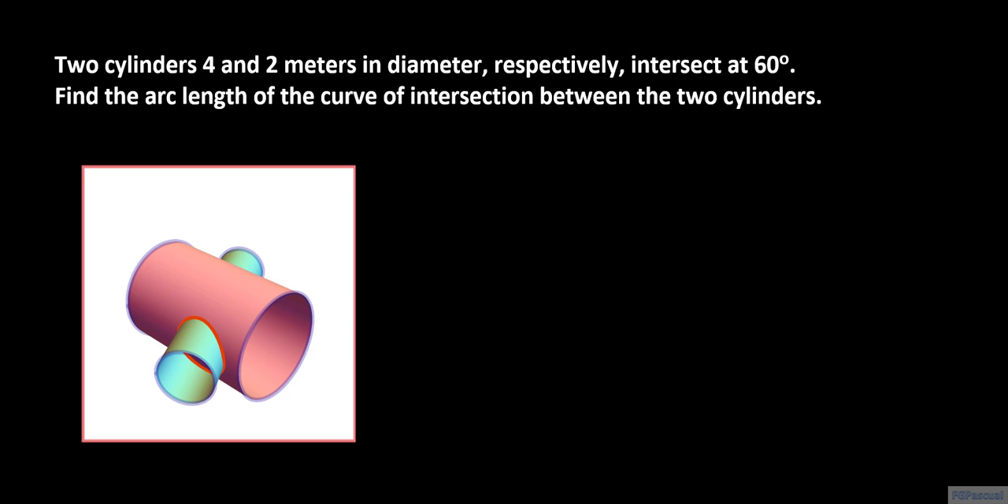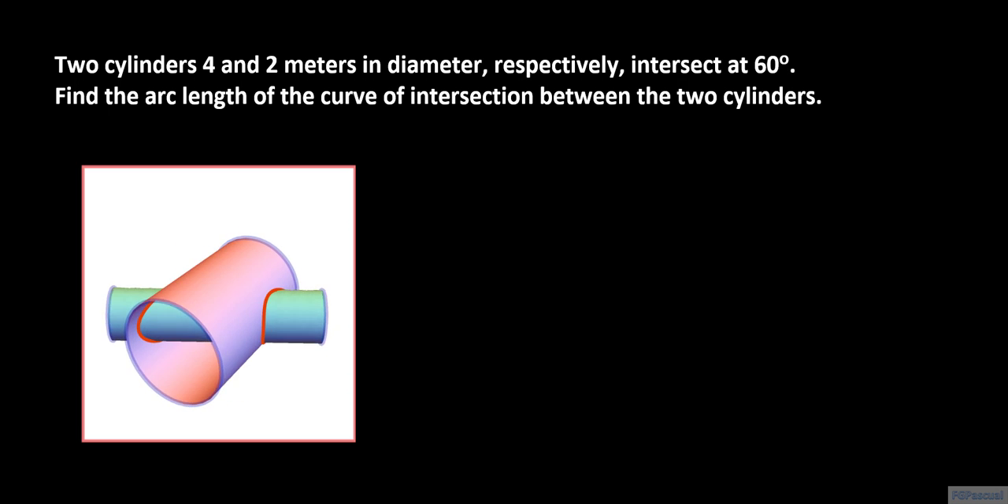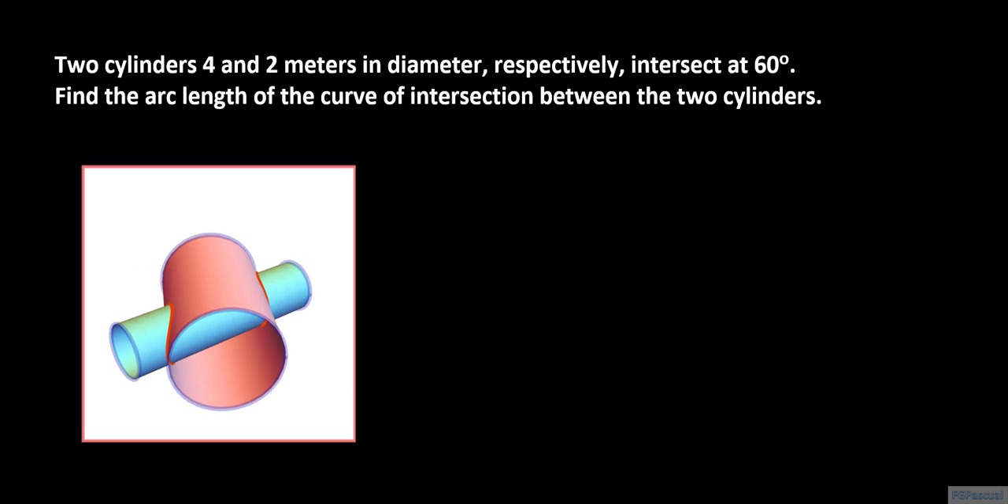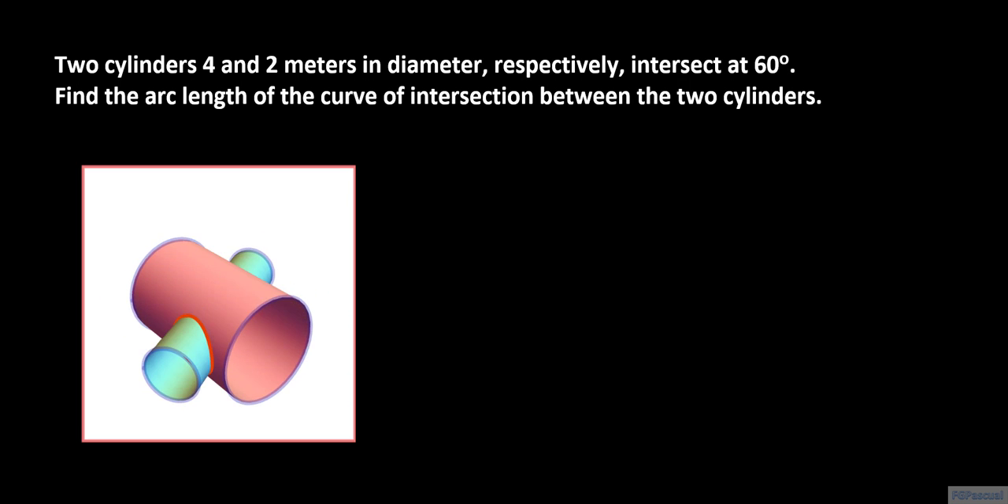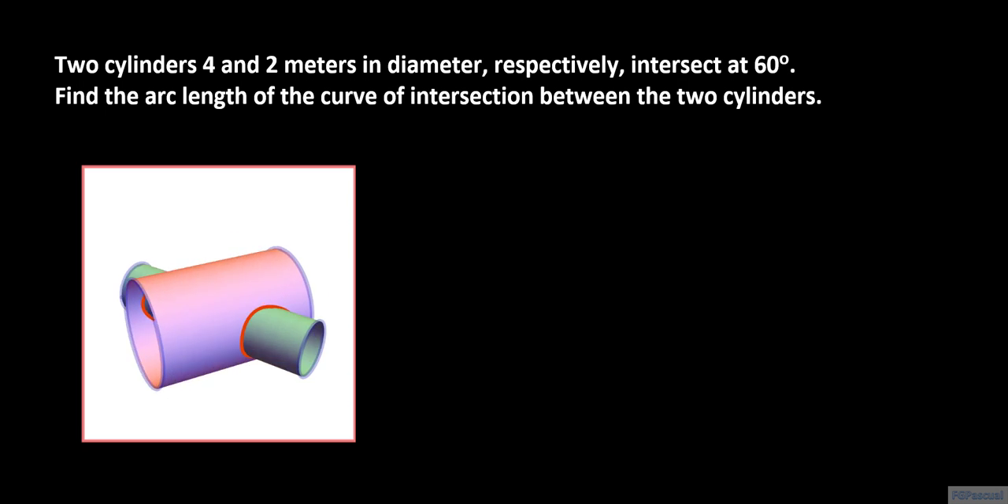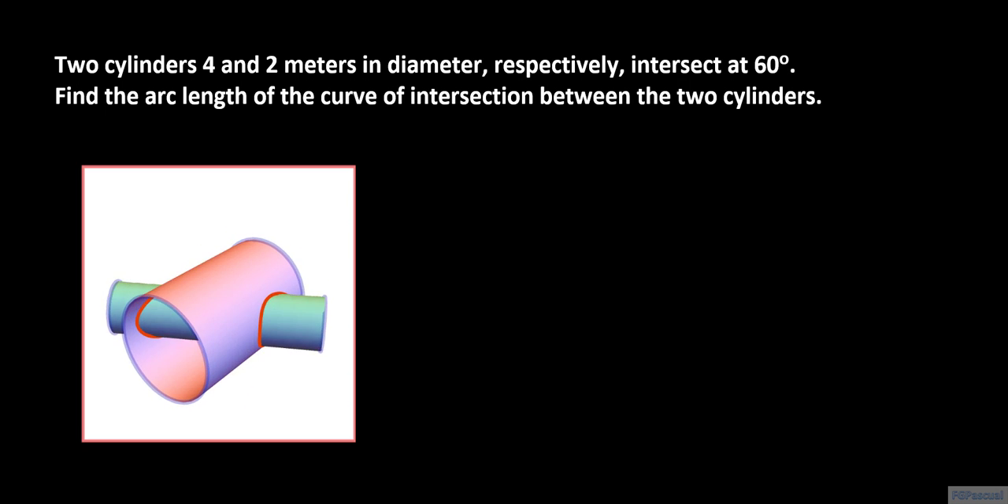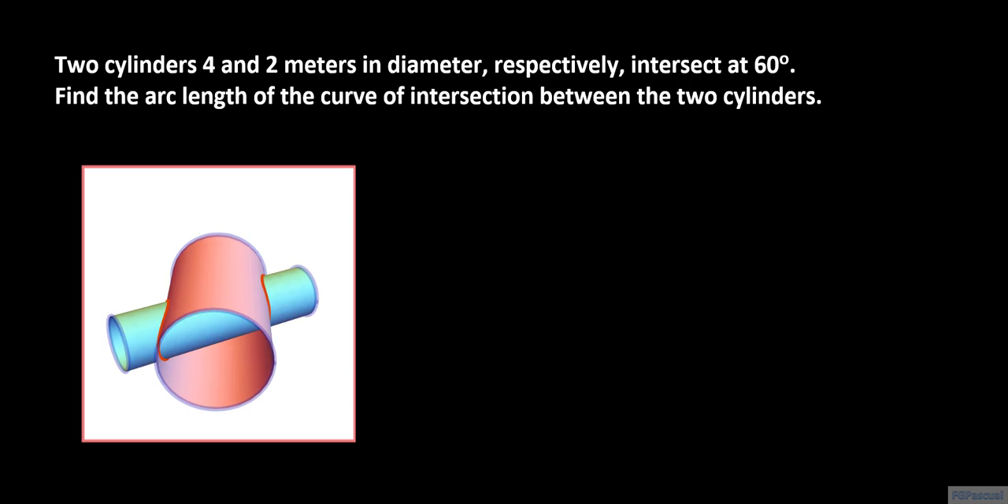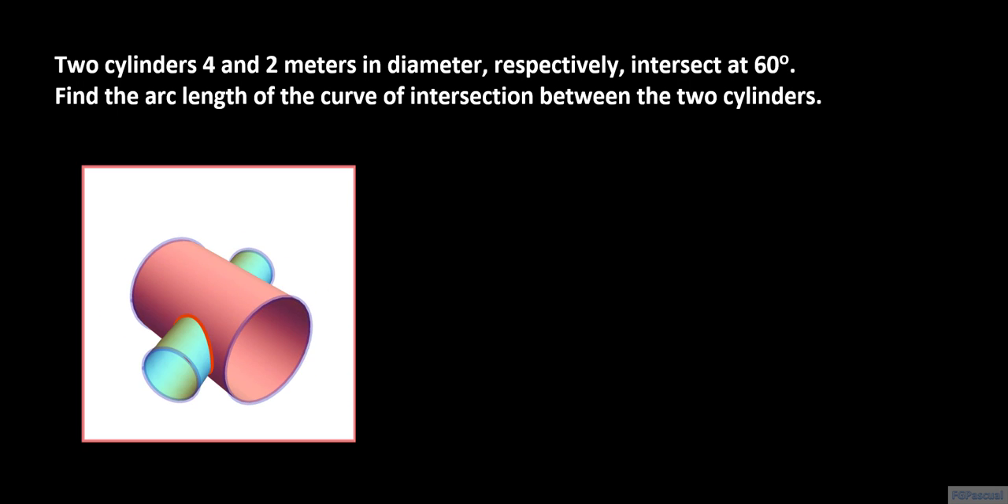In this exercise, we have two cylinders that intersect at 60 degrees. The diameters are 4 and 2 meters respectively. We are to find the arc length of the curve of intersection between the two cylinders. The curve of intersection between the two cylinders is made up of two closed curves, neither of which is a